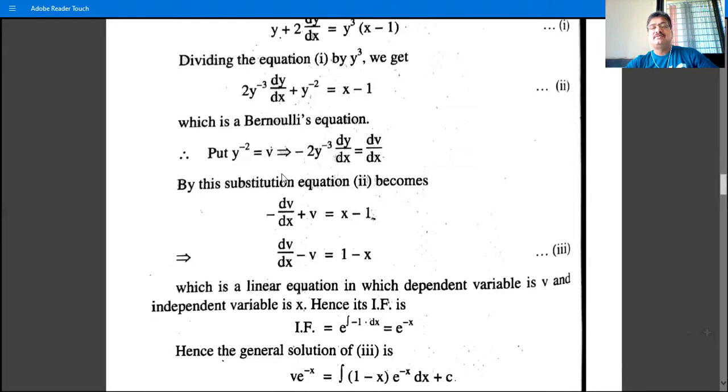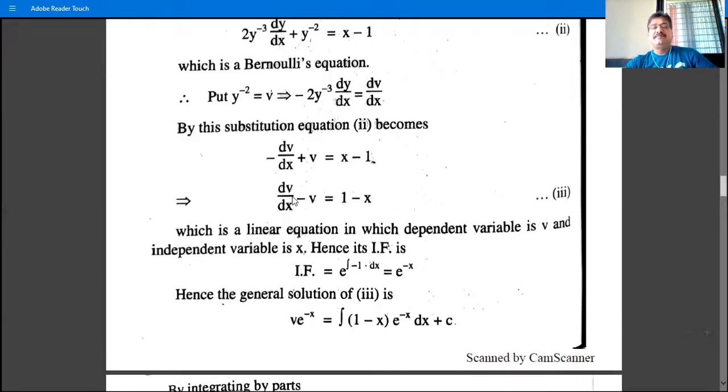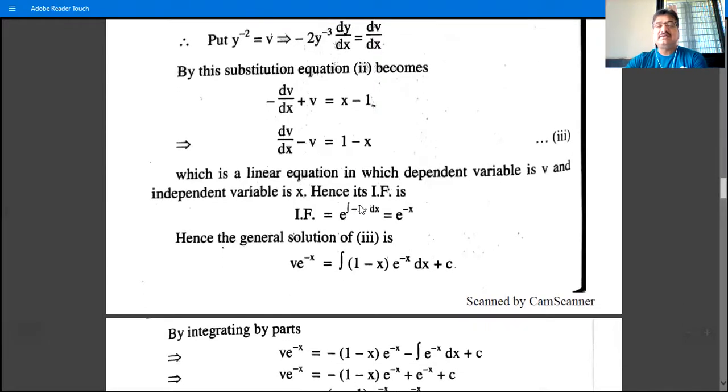So substitute this as minus dv by dx, the value of this quantity, y raised to minus 2 as v is equal to x plus 1, and this is dv by dx. Check the sign throughout. So dv by dx is equal to minus v, and write minus in bracket x minus 1, or 1 minus x, which is a linear differential equation in v and x, and this is of the form dv by dx plus